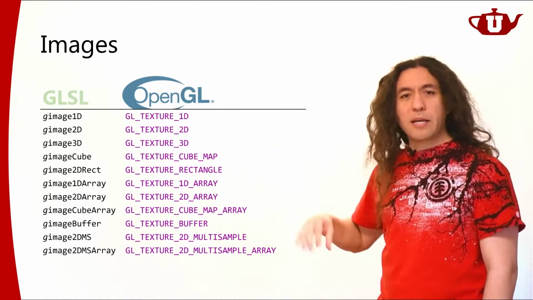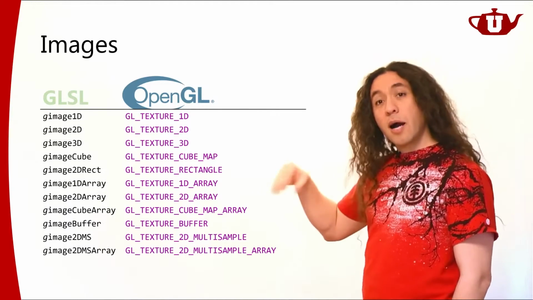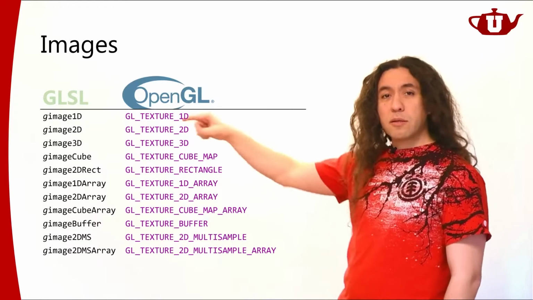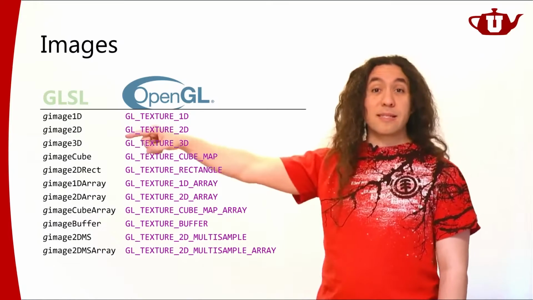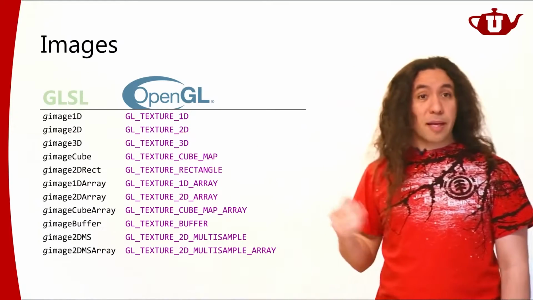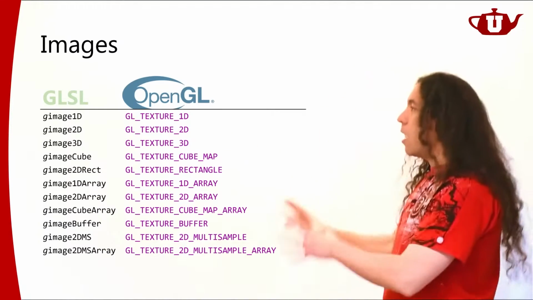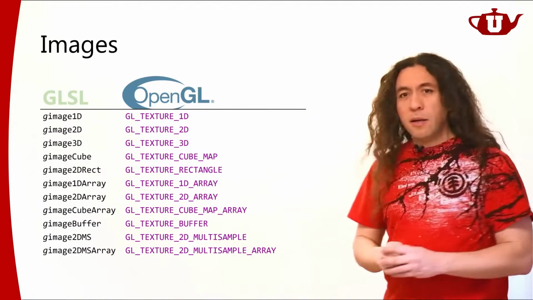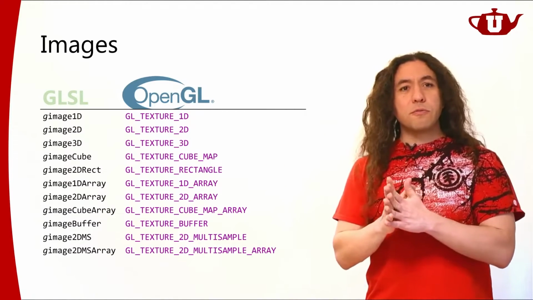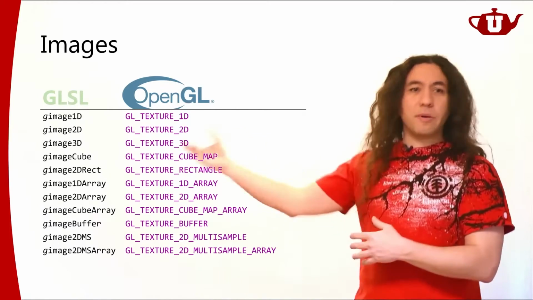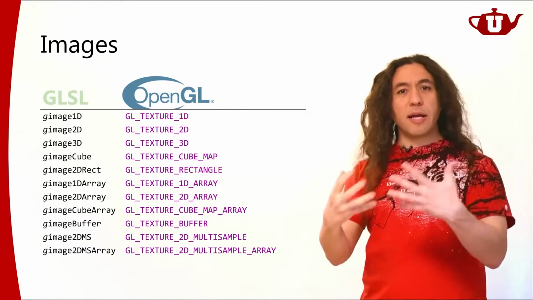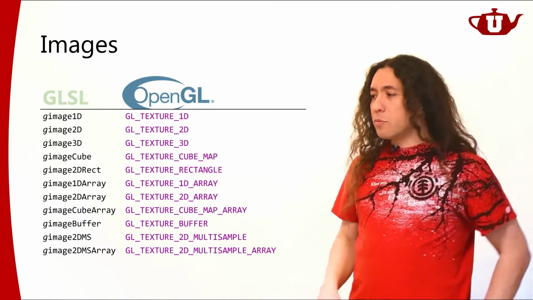So you can actually access higher dimensional concepts using lower dimensional image types as well. You can access a cube map as 6 different 2D images. Anyhow, this is how they relate to each other, but we need to figure out a way to bind some image data to an image. So I'm going to generate some image data and send it to my shader.